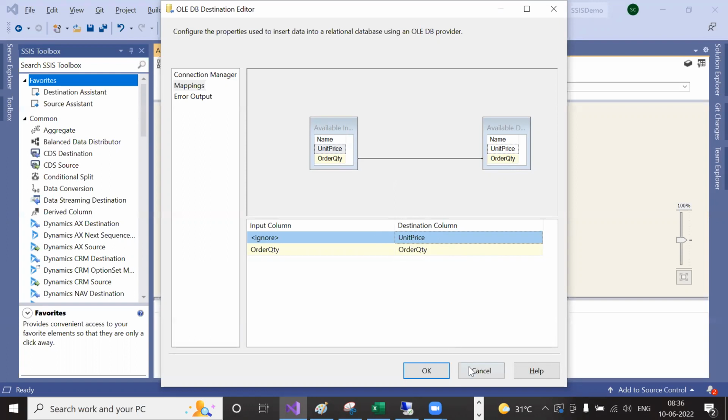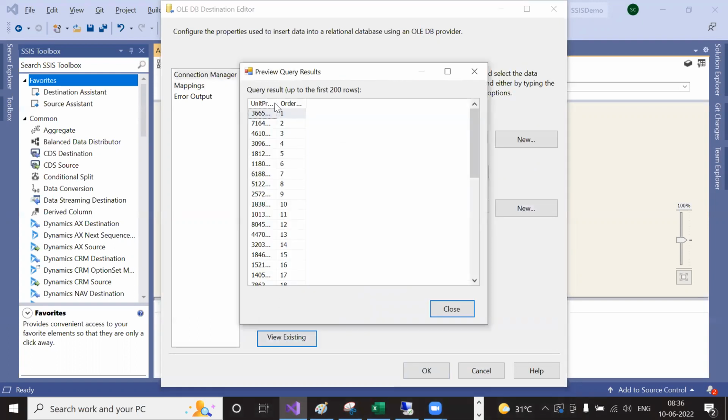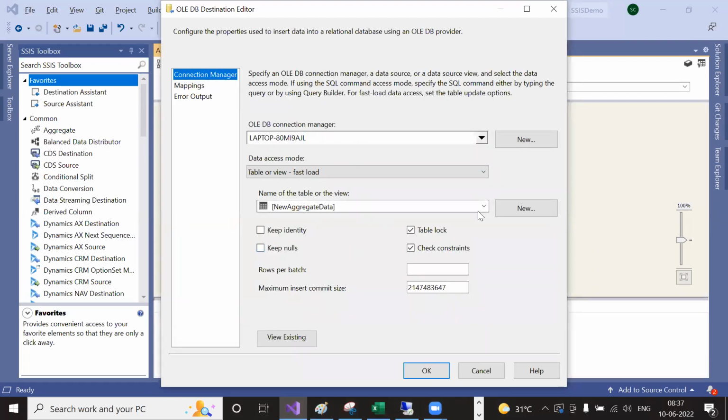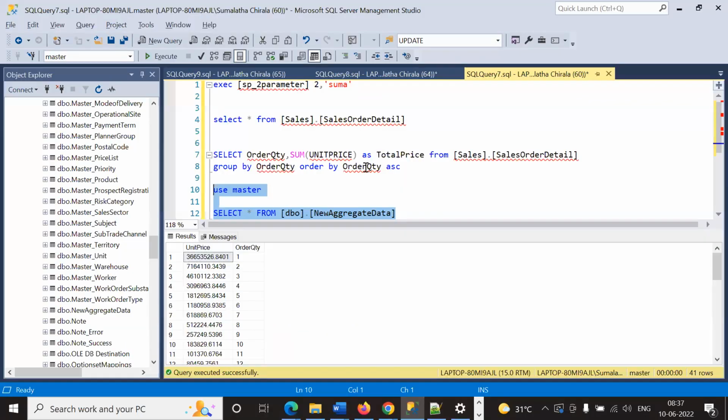Or you can check that in the table creation itself. For example, view existing. While creating a table, put in the table creation which column you want first, and by that order you will get it easily. Rather than changing the mappings, that is not a good idea. My way of doing it is to do the table creation properly, the way you want it. That's it. Clear? So the basic purpose of aggregate is to do the aggregation operations, whatever we have done in